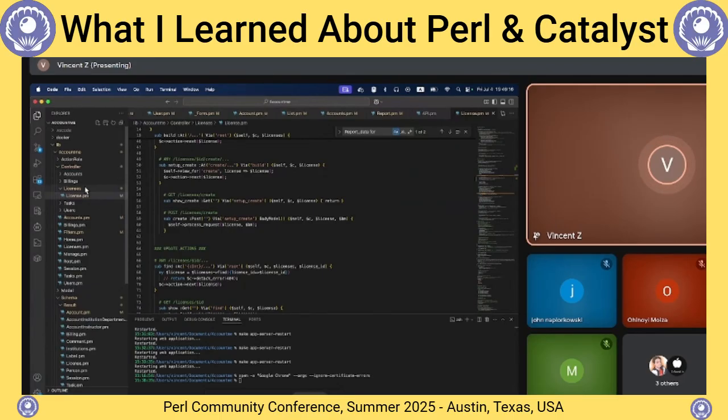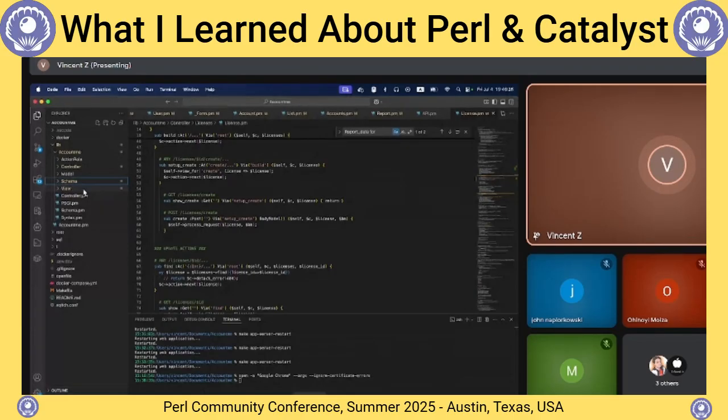Then I slowly transformed it to Academy. And here I learned, for the first time, a model controller and view structure. And that got me confused for a little bit,